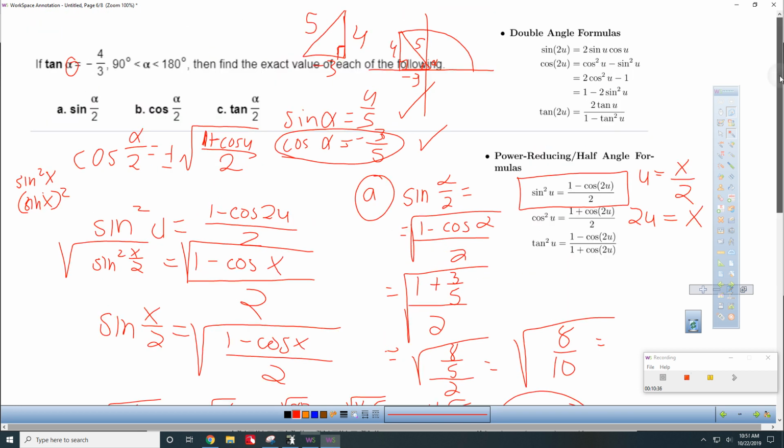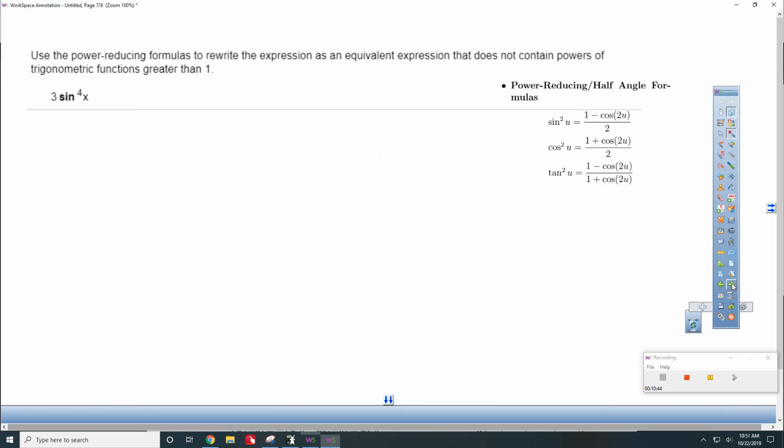So that's probably enough to get you started on that type of problem. Believe me, if you guys need help on your Math Excel, just come find me. We'll work on it together. Okay? All right, use the power reducing formulas to rewrite the expression as an equivalent expression that does not contain